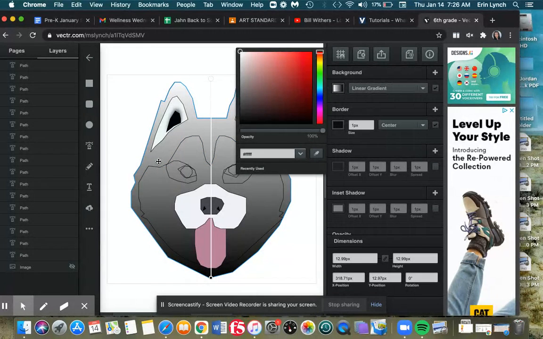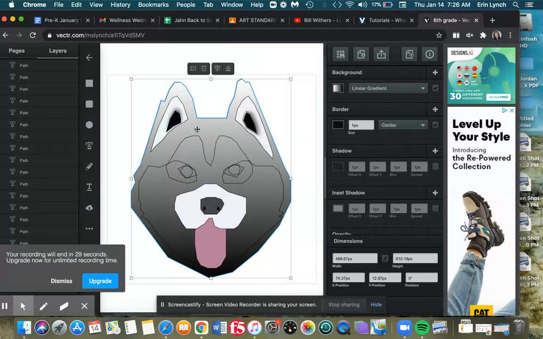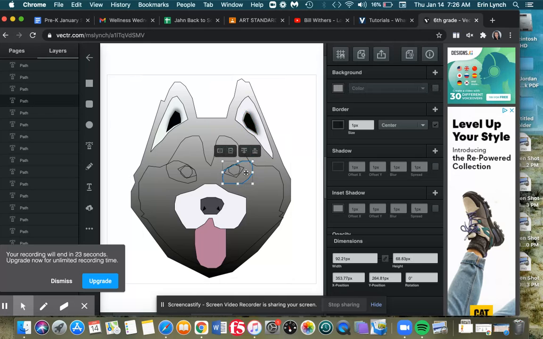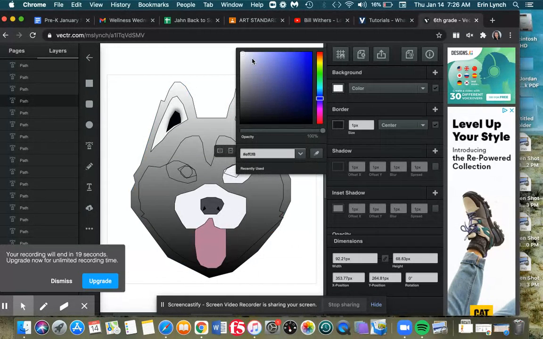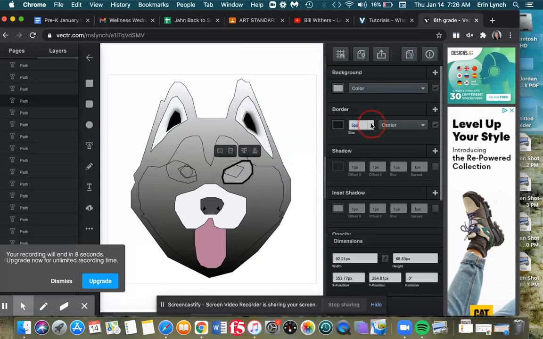Which is very cool. You might want to add shadows. That's something that I've added to these pieces here, and I'll show you how you can do that with some of the eyes too. Maybe I want to change this color to something that is still in that gray category, but lighter than what I had. You can change the borders here by going up in size. You can make the thickness of it larger or smaller. You can add shadows to it. So I can go to the